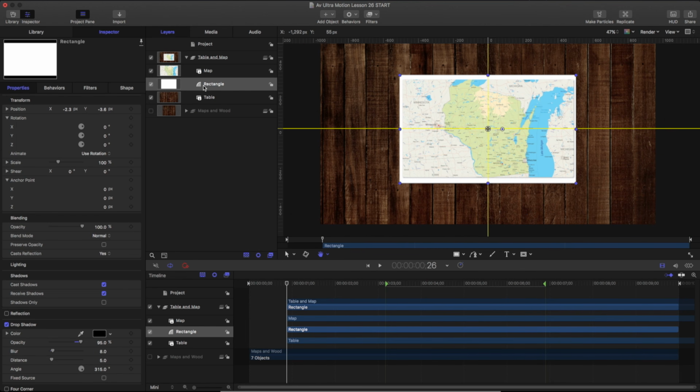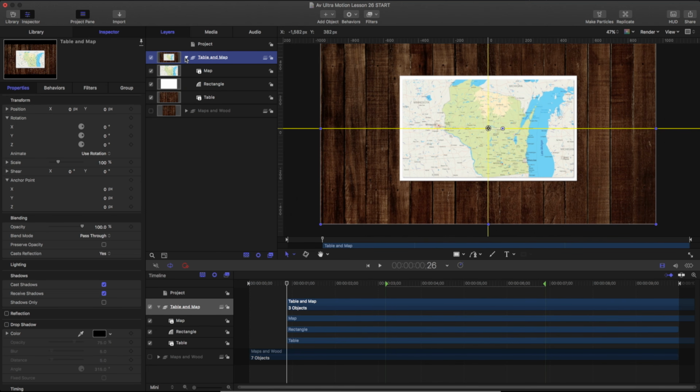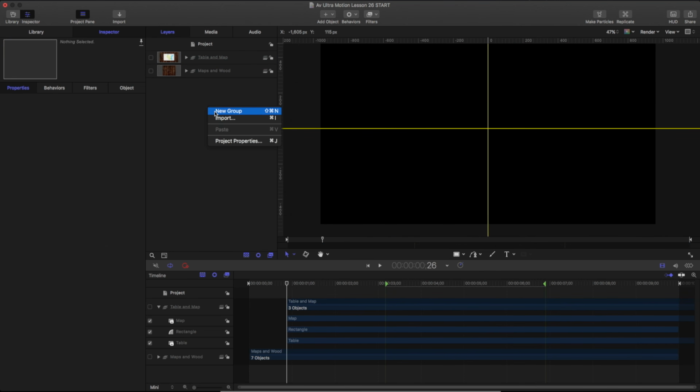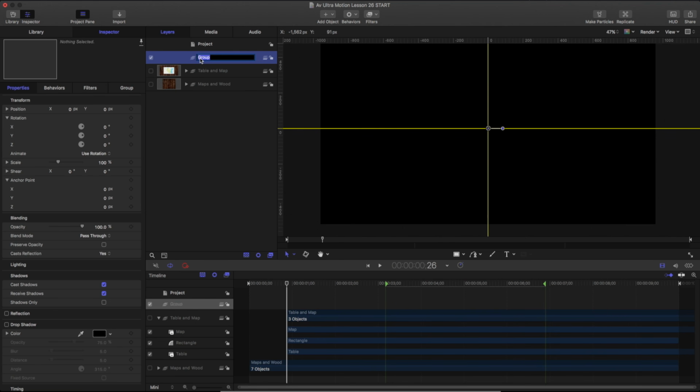So I'm going to pick my rectangle and we're going to edit that rectangle, and I'm just going to scoot that in a little bit to give a little bit more balance to my frame. So now I've got this map on a background on a table. That looks great. I'm going to go ahead and close this group and we're going to turn this off right now. The next thing I'm going to do is add a new group